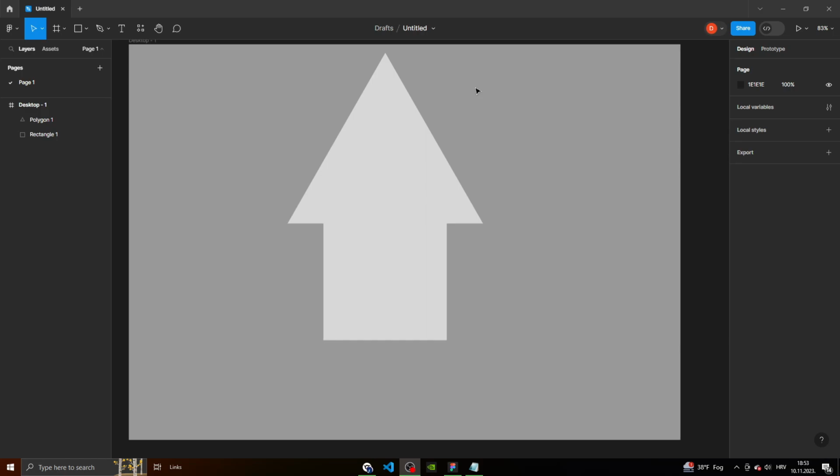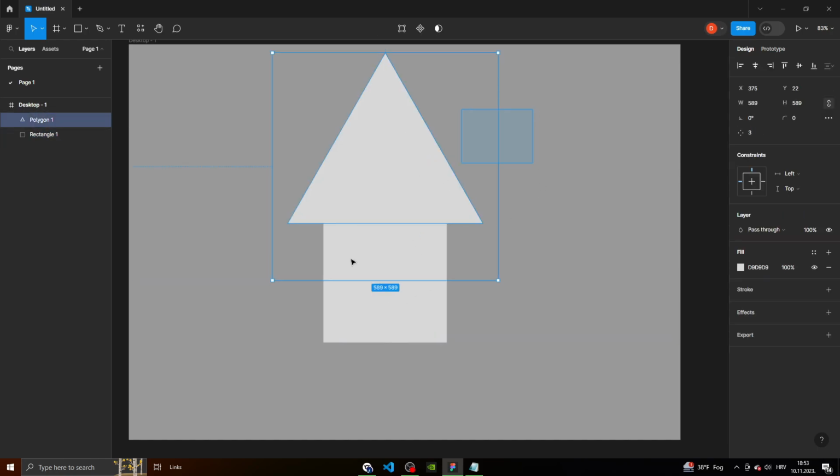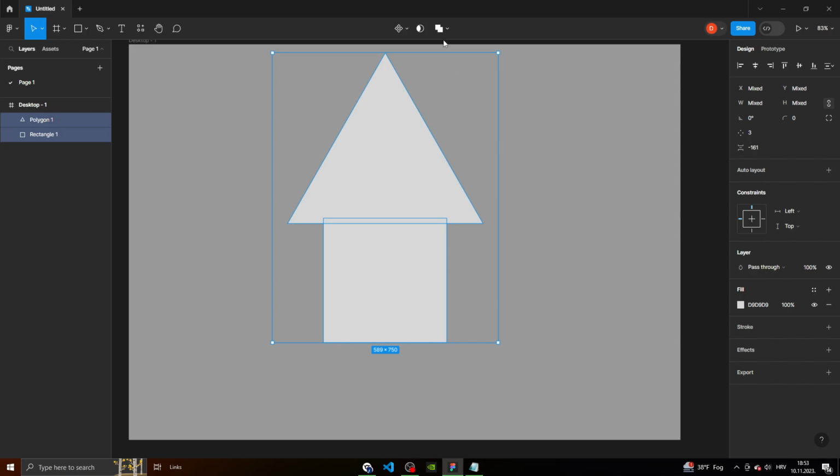Today I will show you how to combine shapes in Figma. So we have this polygon and rectangle shape. I put the rectangle inside of the polygon a little bit and we will combine them. So first we need to select both of these shapes and we need to go here to boolean groups, and